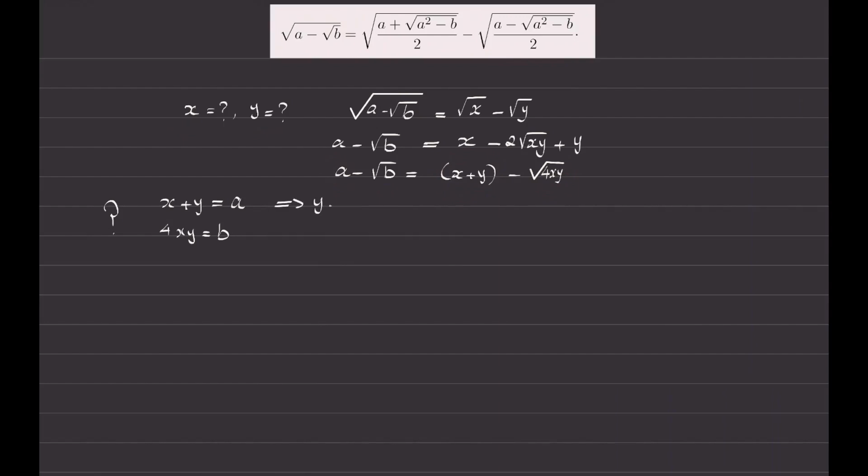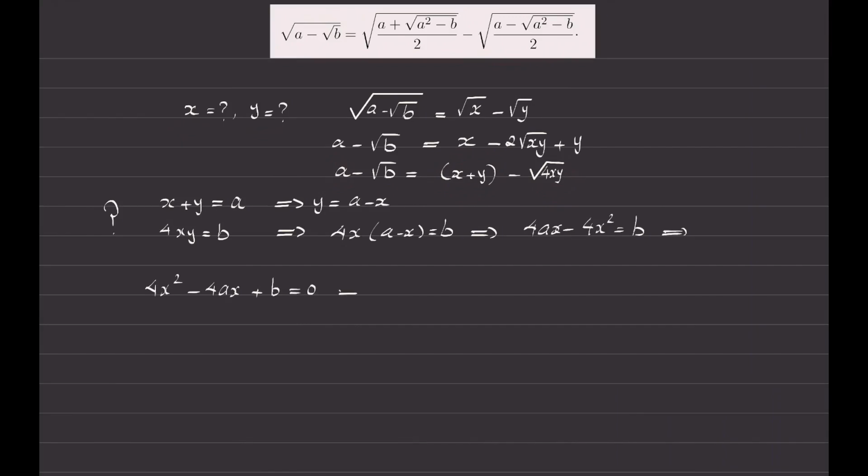I will find y from here, so it becomes a minus x, and plug it into the second equation. So it is 4x, but instead of y, I can put a minus x, equals b, and try to find this x. So I multiplied, so it becomes 4ax minus 4x squared is equal to b, and I move everything to one side, so it becomes 4x squared minus 4ax, and then I have plus b equals 0,